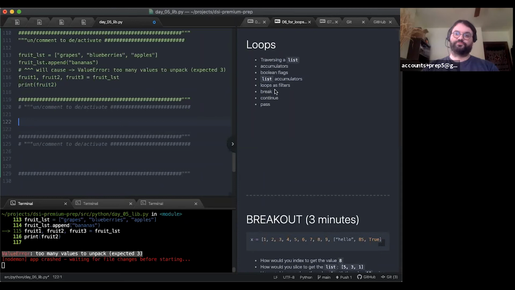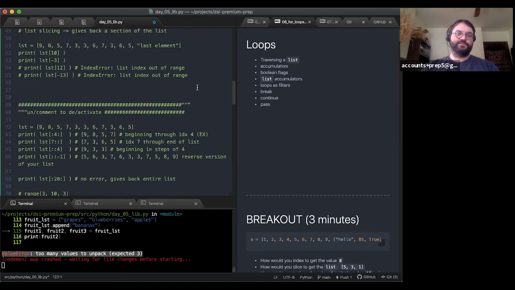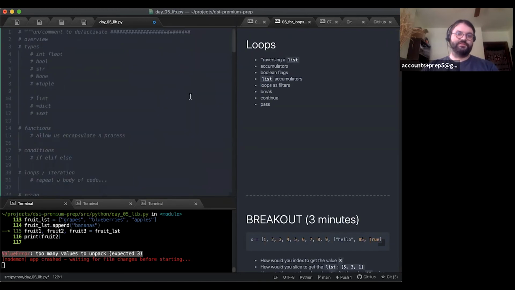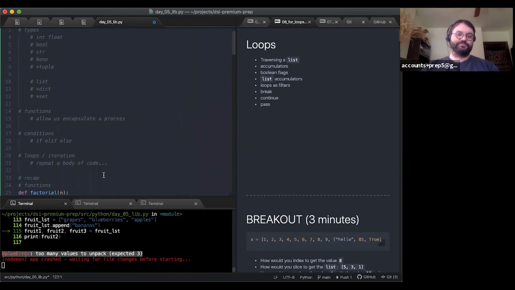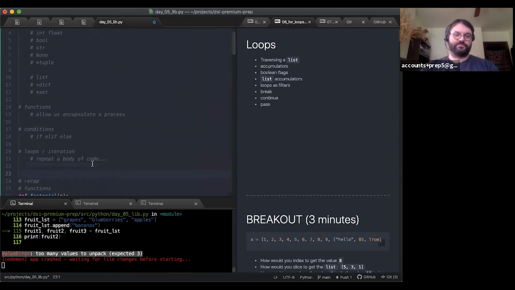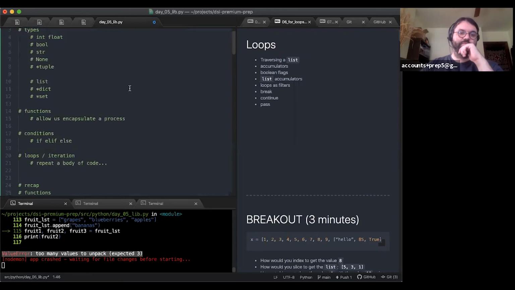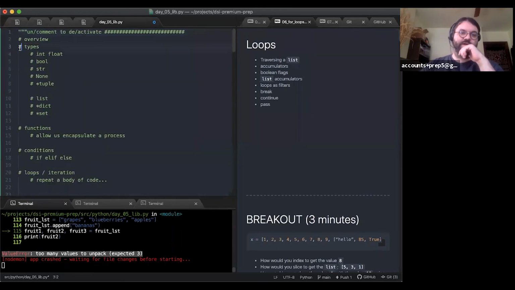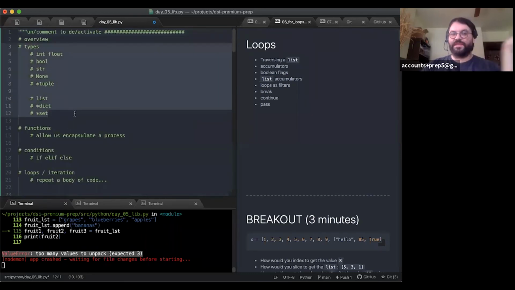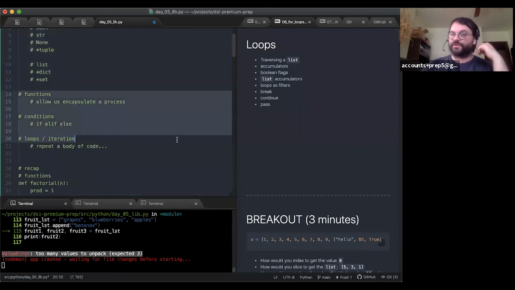With loops, this is actually going to give us a complete overview of all the things at this point, right? So remember up here, we will have talked about a little bit of all of the major types. We know how to write functions, write conditions, and we're going to learn how to write loops.